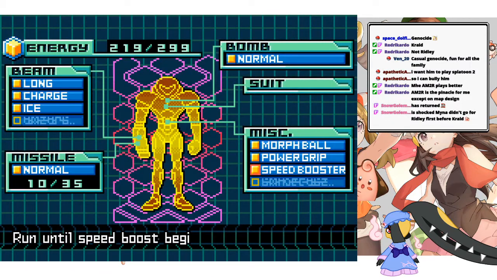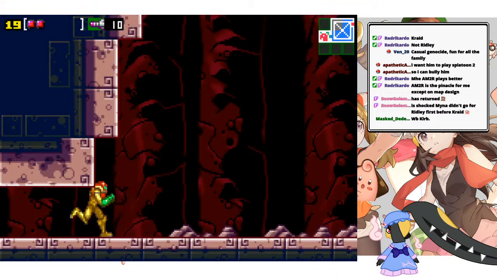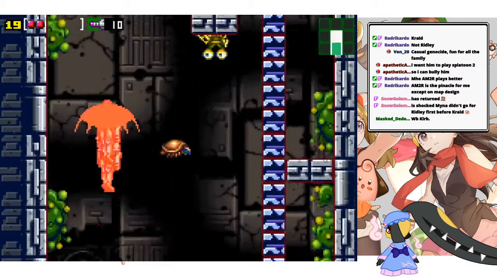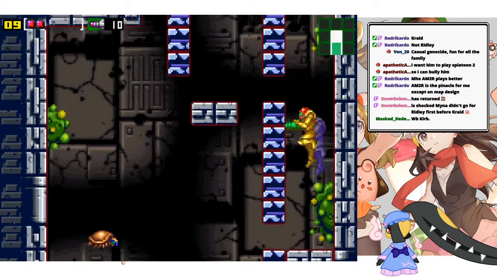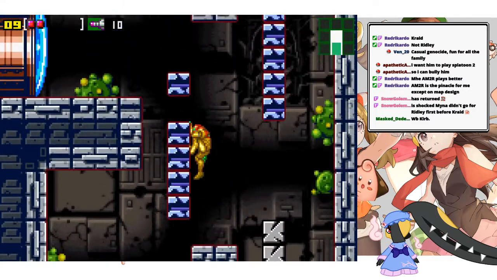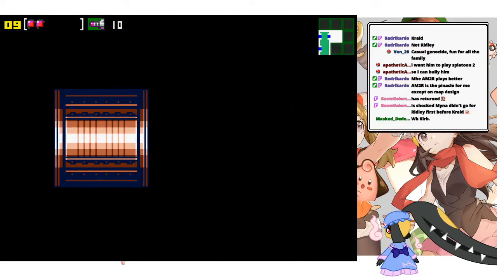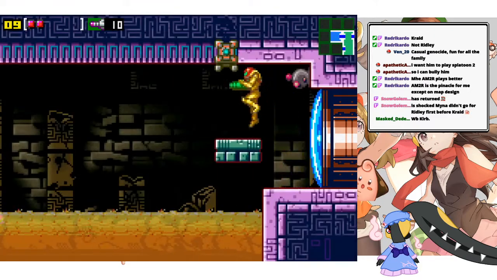It's too challenging for me to get to Ridley first. I'm not good enough of a player to do that, so... However, I can do that. But I can't reach that, so that's... No, don't fall down, Zebes. Please don't fall down. What was here? The safe room. No, I'm not interested in you. But yeah, you can technically go for Ridley first, but...